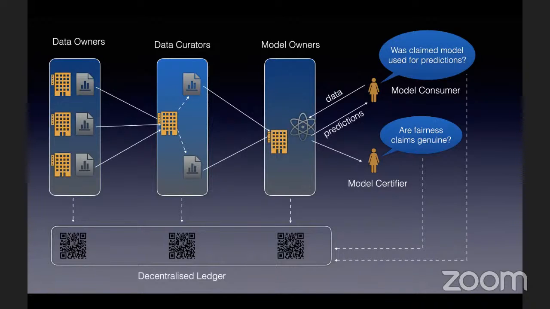And finally, at the end of this pipeline, there are consumers. So these are end consumers like you and me. We supply some data. So maybe we have a cloud API access to these models. So we supply some data, maybe an image, and we get back predictions, such as classification, whether the image was a cat or a dog, or could be anything. Or supposing this model was some financial model which decides whether I should be given a home loan or not, then I supply my financial data, and the prediction is yes or a no, right?